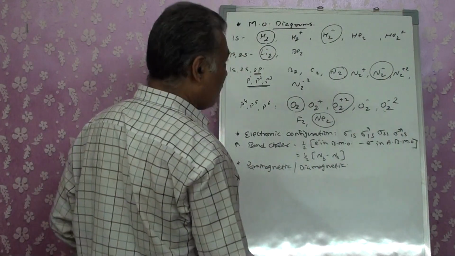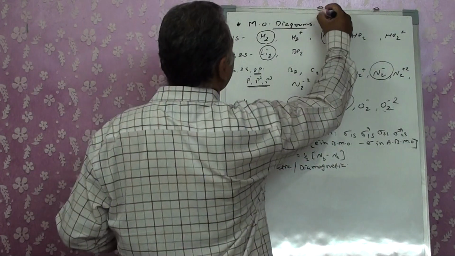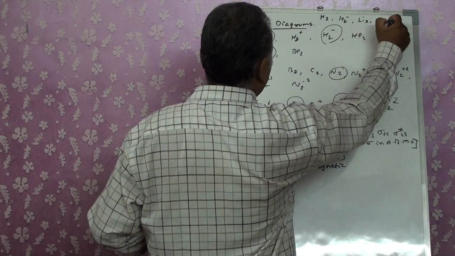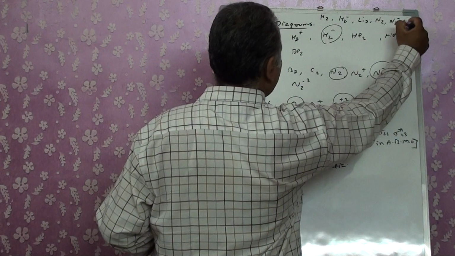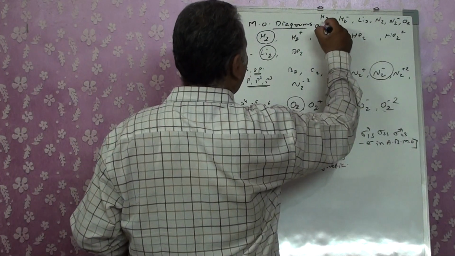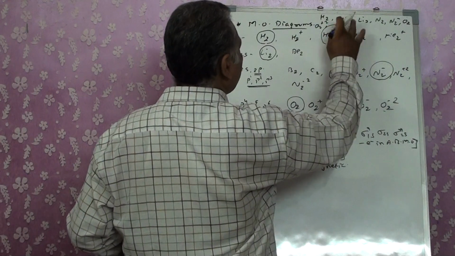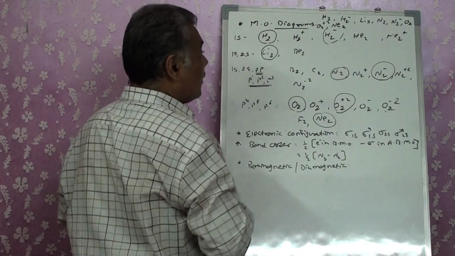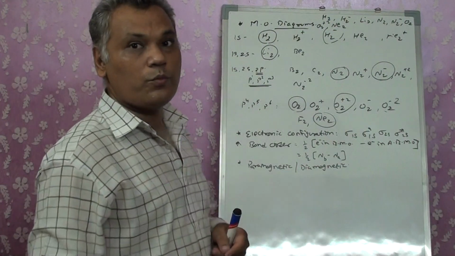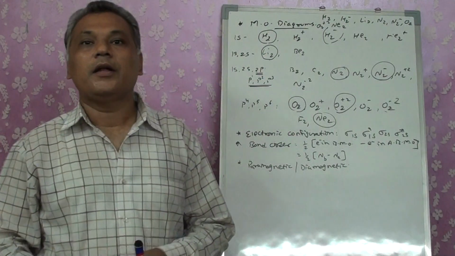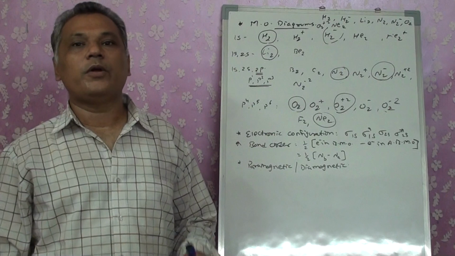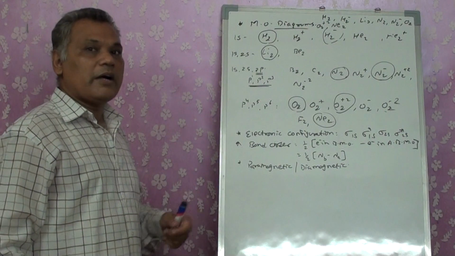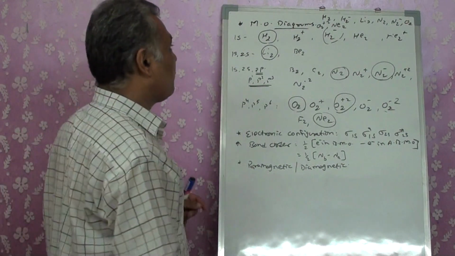So we know which ones we want to do. I will just put it as a note: H2, H2 minus, Li2, N2, N2 minus, O2, O2 plus 2, and Ne2, right? Okay, the rest of it you will have to practice by yourself and draw the diagrams. Wherever you have a problem or difficulty understanding or drawing, you can give me a call. I will help you wherever you have a problem, right?